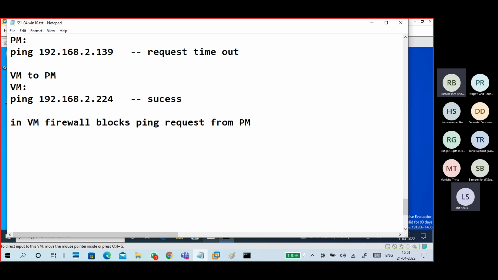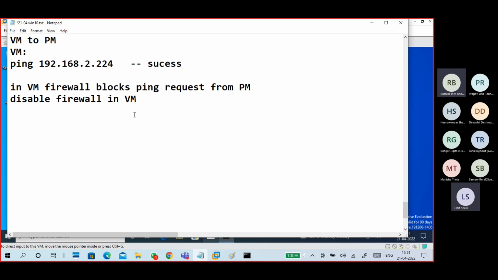So what I'm doing is temporarily disabling the firewall in the VM. Sometimes both are required, sometimes not. Or you can create a rule to allow the ping request.